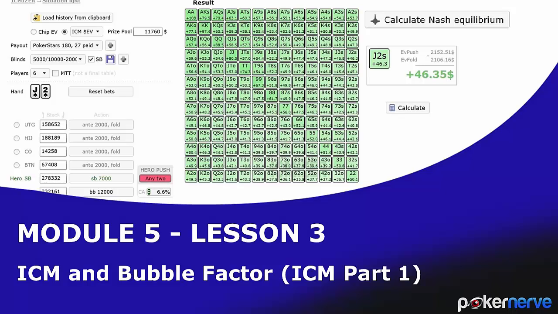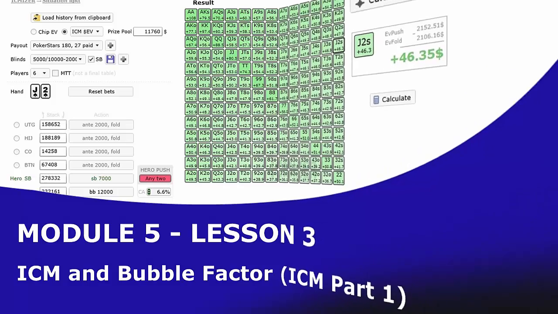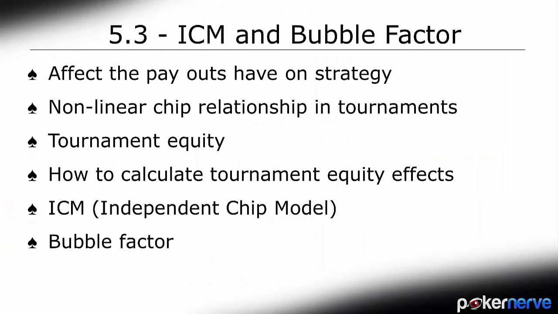This is the first of the ICM videos where I want to focus on the general ICM principles and bubble factor. This is not only going to prepare you for the next ICM lesson, but really help with your decision making when it comes to that critical stage of the tourney, where you're about to be paid a portion of the prize pool, or in the case of a pay jump, whereby lasting an extra position or two, you may be able to win a larger percentage of the prize pool, which is really what the independent chip model is